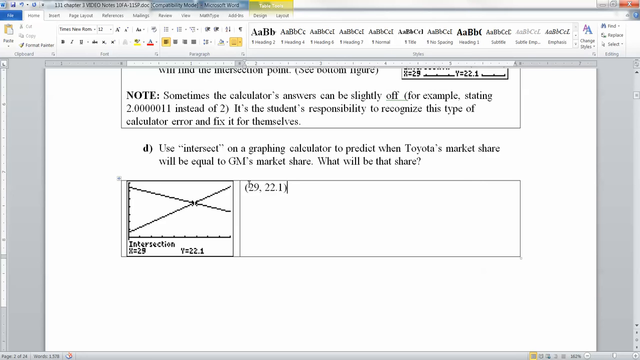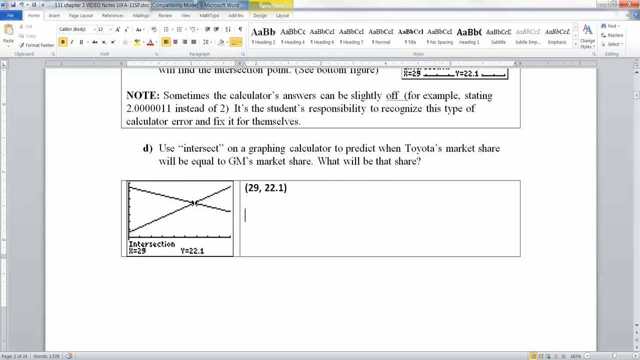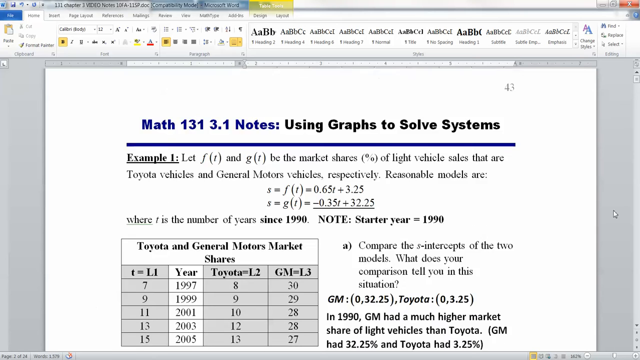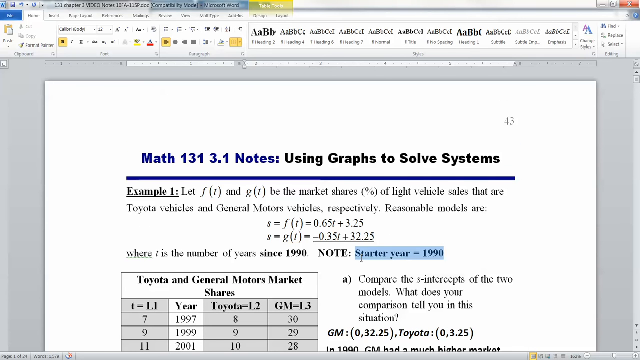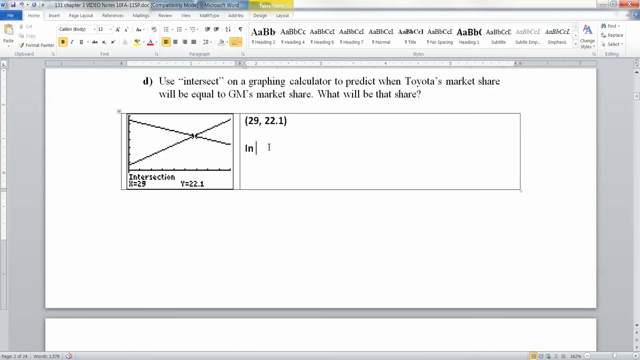So then the real question is, what does that mean? What's the 29? What's the 22.1? What do they each mean? Well, what was our starter year? Our starter year was 1990, right there. 29 plus 1990 would make 2019. So in 2019,